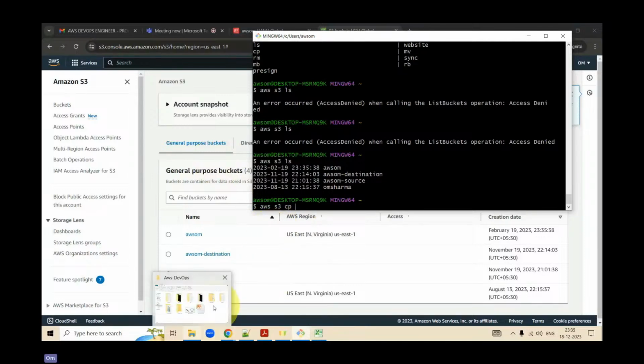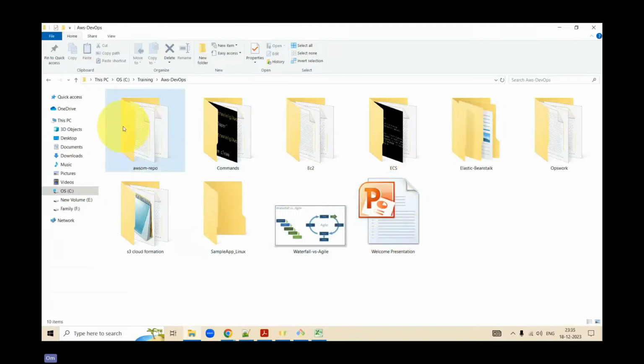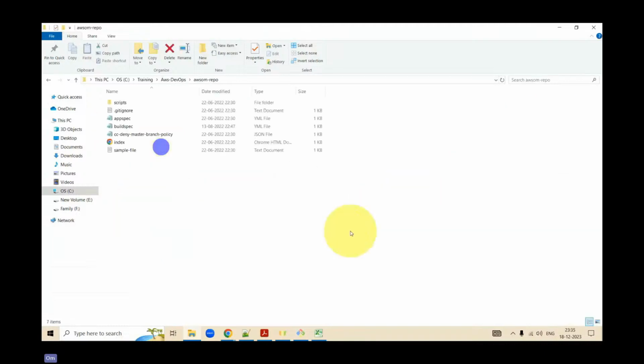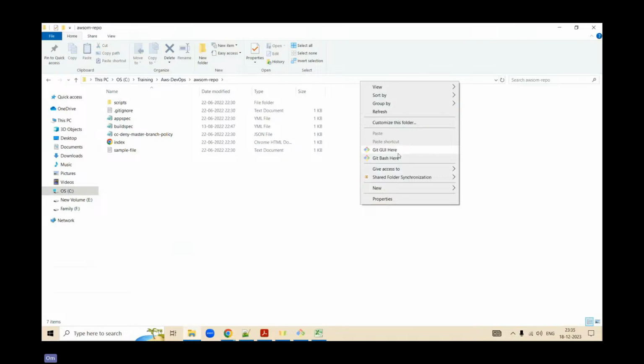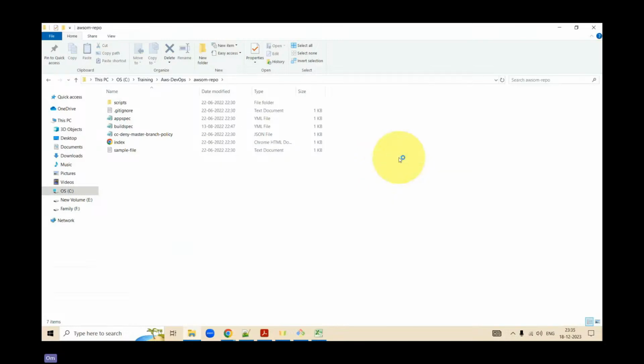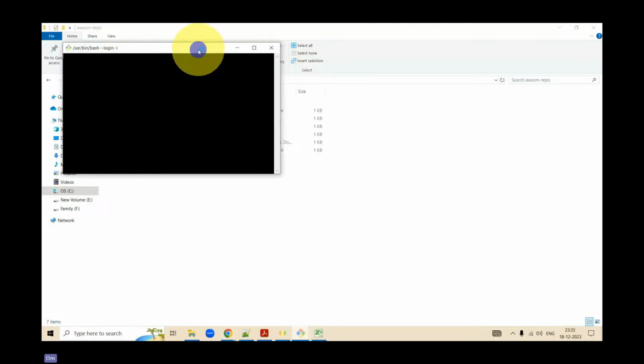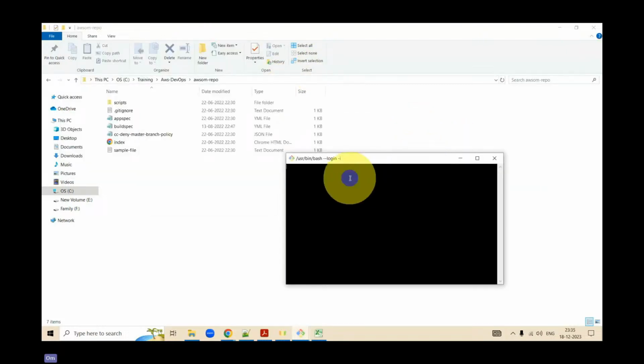The next thing is, if you have this DevOps folder as of now, let's say I open this one, right click over here and simply do Git Bash here. Now, if I want to move a file from here, I just write aws s3 cp, put the file name sample-file,